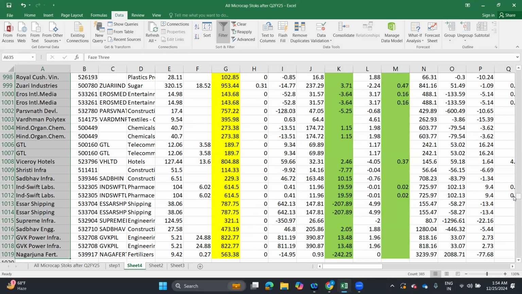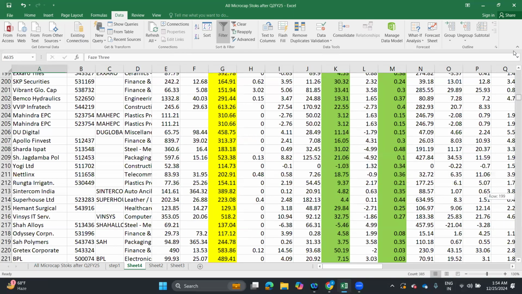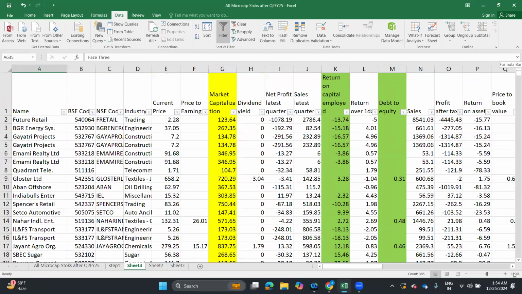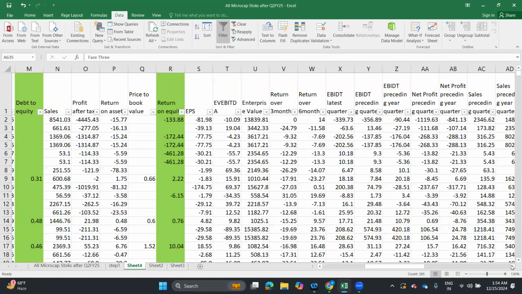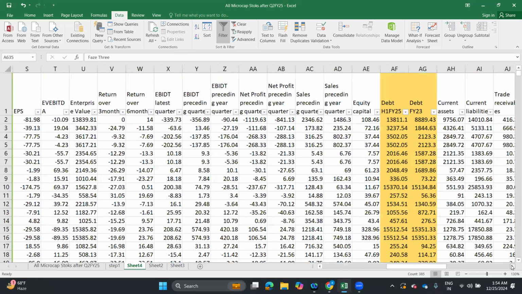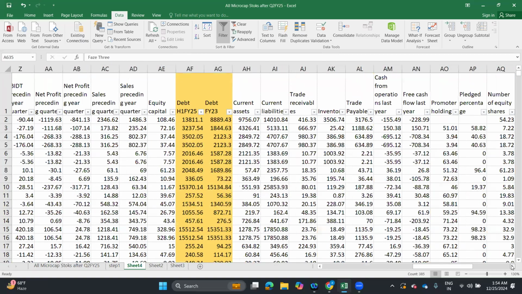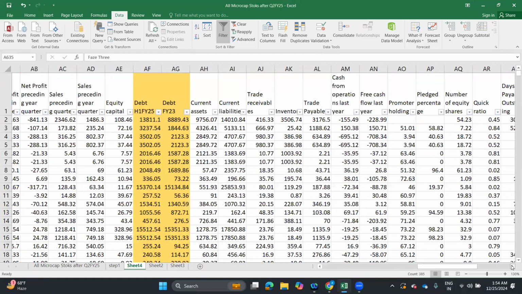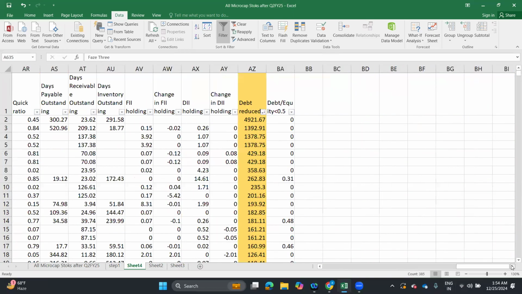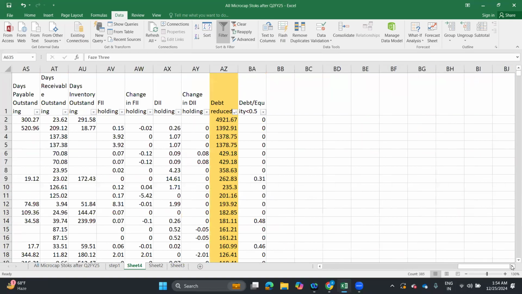We can further filter this particular list based on various other return ratios, right? So at least these stocks are zero debt companies who have recently reduced their debt. So that is the preferred list in the microcap,